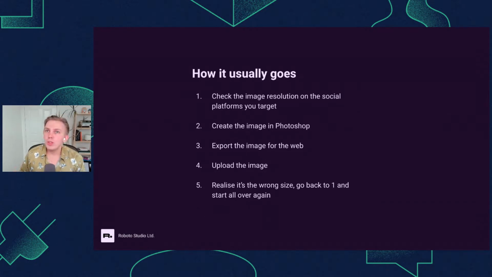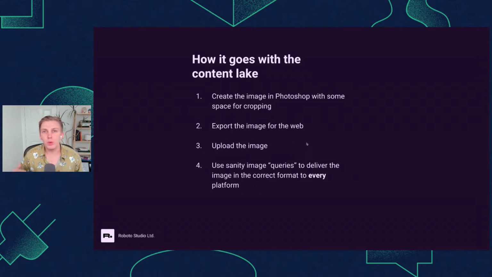And then as soon as you do that, you share the blog post and you realize it's the wrong size. Now you're back to square one. So that is typically how it goes. And that's typically how you get something in LinkedIn where you realize it looks beautiful on Facebook, terrible on LinkedIn. So the content lake, in my opinion, is really well suited for this. And this is kind of the key point, because people have these pain points, they have these experiences.